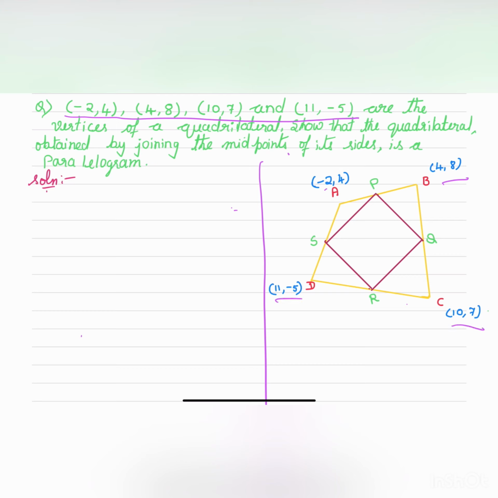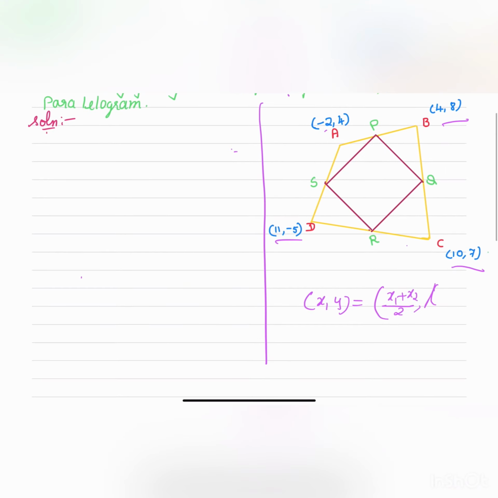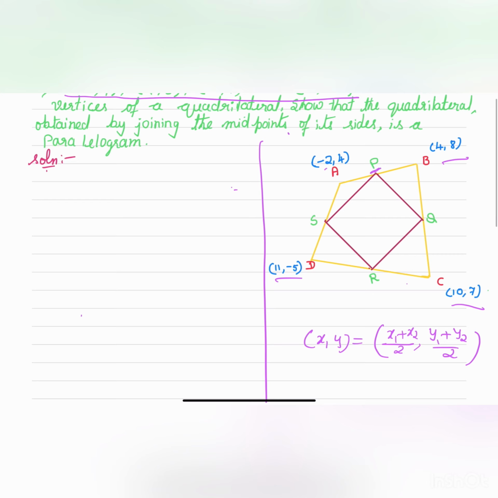Let us first find the midpoints P, Q, R, S by using the midpoint formula. The coordinates (x, y) will be equal to ((x1 + x2)/2, (y1 + y2)/2). So to find the point P, we are taking (-2, 4) and (4,